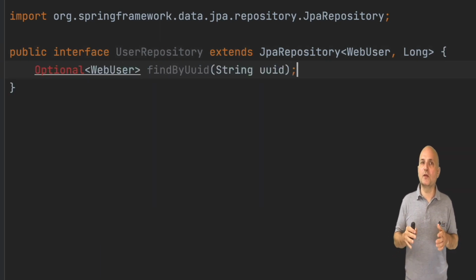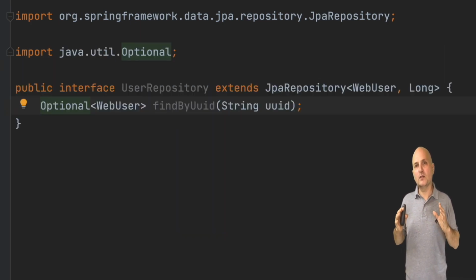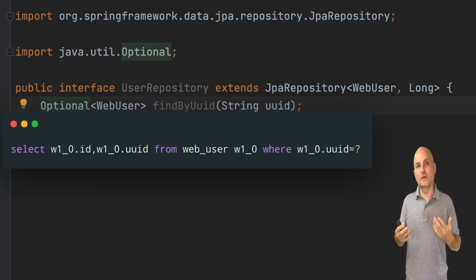We write a method definition called findByUID. That returns the web user object. This is where Spring kicks in. The method we define in the repository follows a common naming convention. If we define a findBy method, it will understand the rest of the method name and will generate the right SQL query to satisfy the method name. In this case, JPA will generate this SQL statement to satisfy that method. We don't need to write the query.